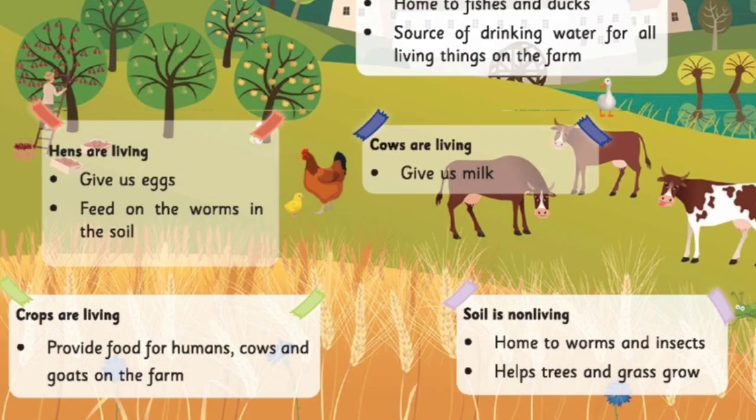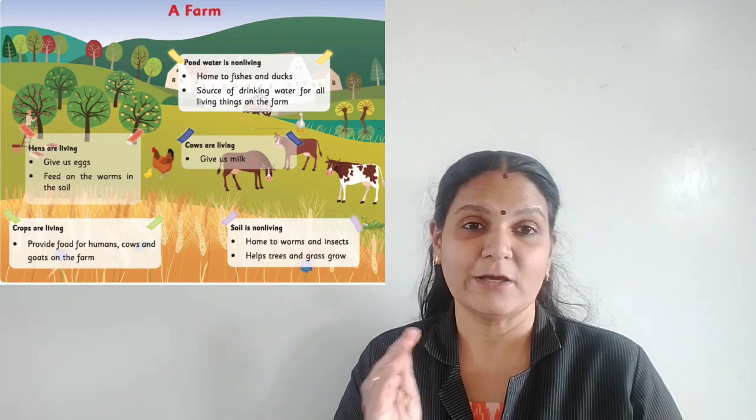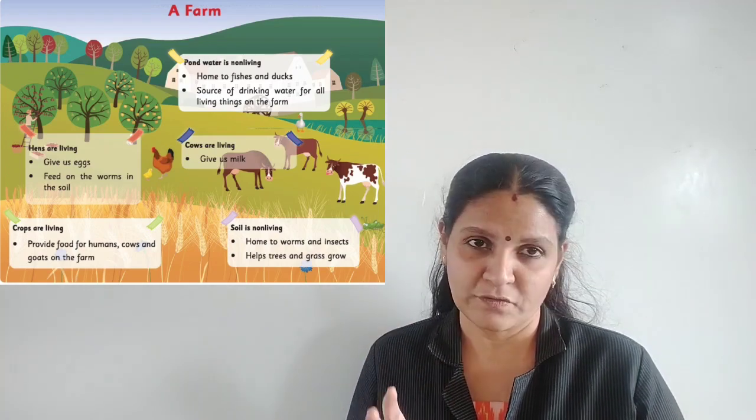What about soil? Soil is again a non-living thing. And how is it helping? Yes, in the soil we can see many worms and insects. And it helps the trees and grass to grow. Without soil, can the plants grow? No. So with the help of sunlight, water and soil, the plants grow, and directly or indirectly